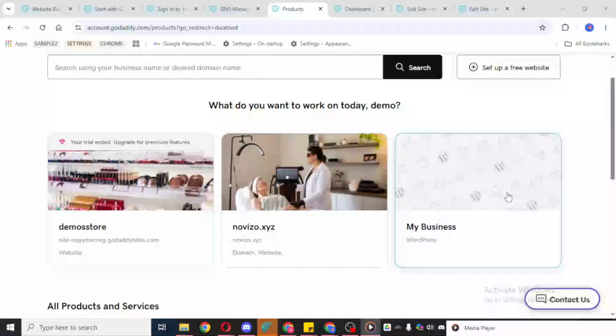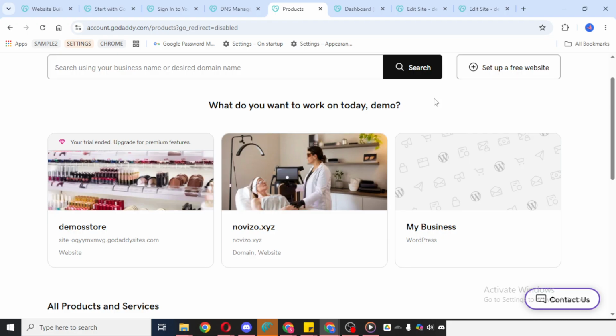In today's video, I'm going to teach you how to copy a GoDaddy website page. If you want to reuse the layout and design of an existing page instead of building a new one from scratch, GoDaddy gives you a simple way to duplicate a page inside your website editor. This can save a lot of time, especially if you want multiple pages to have a similar structure, style, or content format. To begin, open your GoDaddy account and sign in.